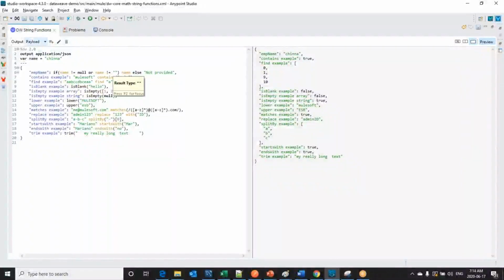So whenever you would like to write both these conditions, rather than writing these, we can make use of the isEmpty function. So I can assign the value if it is not empty. Otherwise, I will provide it as not provided, right? So to write that, I can write not isEmpty of name. So if name is not empty, then it will print the name. Otherwise, it will print the not provided. Let me remove the value now. Then it's showing as not provided.